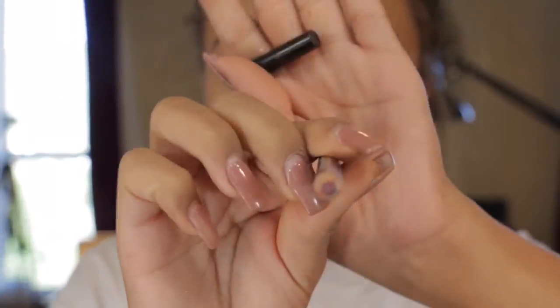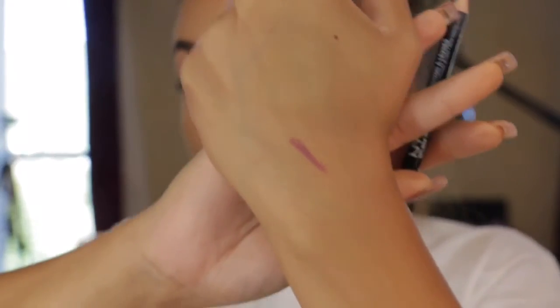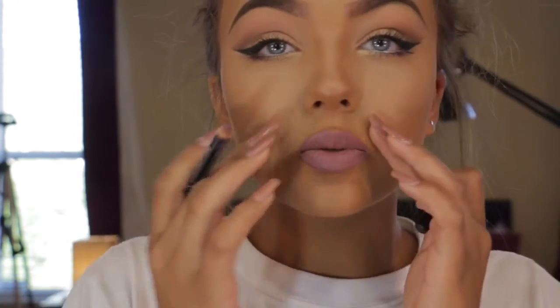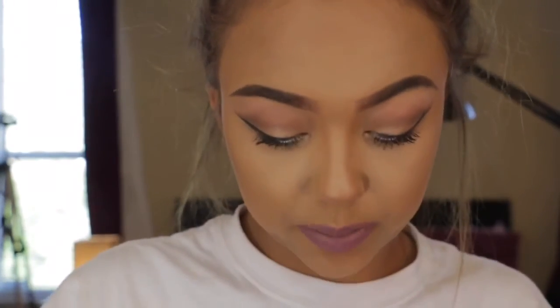So it's a really nice, I don't know if you can see it, it's a really nice pinky prune color. And I'm lining a little bit outside where my actual lip line is. Now that this is on my lips, I'm going to take this lighter color of the NYX Lingerie,